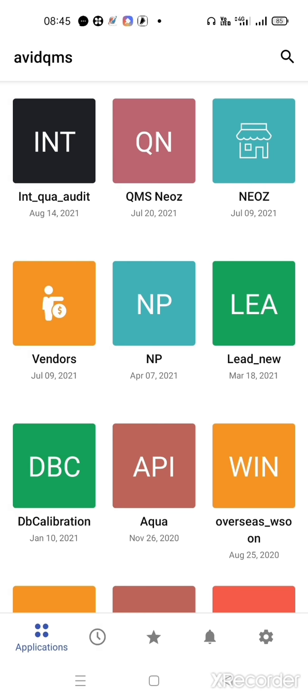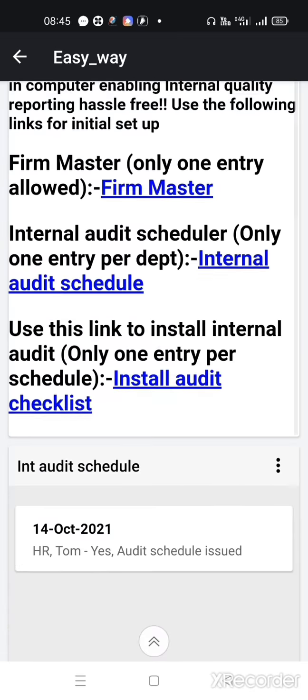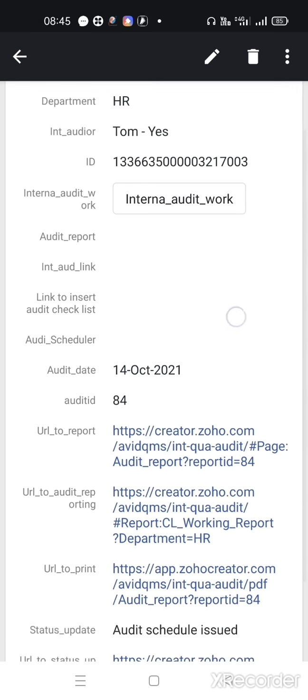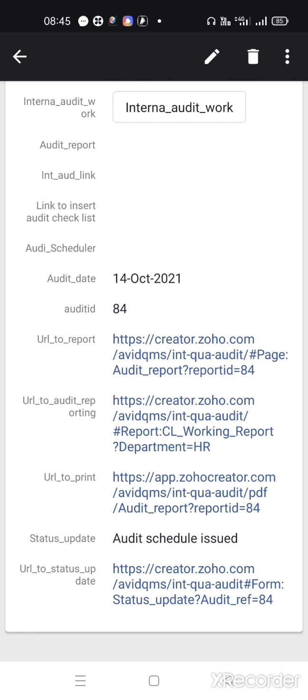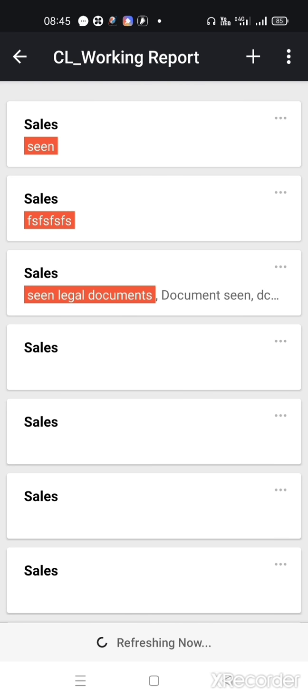Now the particular auditor can carry out the audit by visiting Easy Way, and in the bottom you can click that one. So here the URL to audit reporting, click that button.